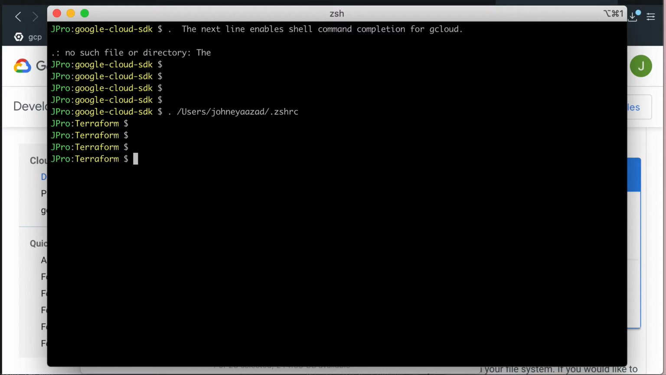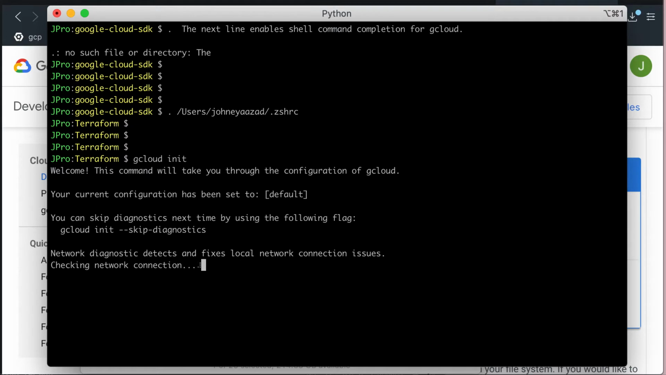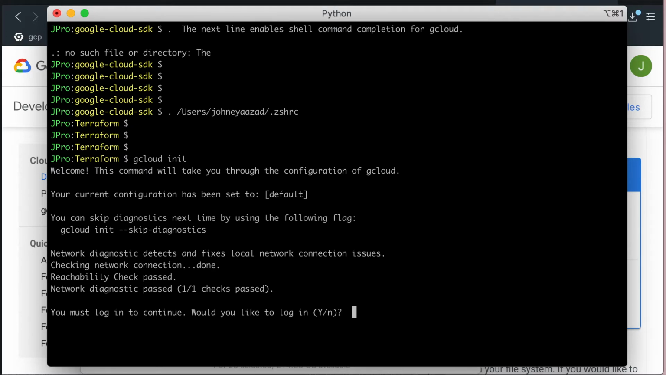Well, we have done the installation. Now the next step is to set up our environment, and that is done using the gcloud init command. So it's checking the network connection, and now it's asking us to log in. So it's set up quite differently, and I actually like it about